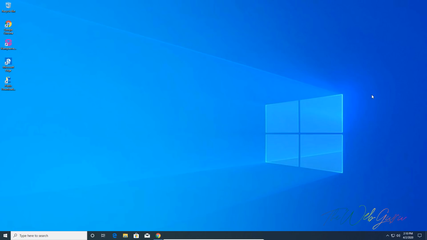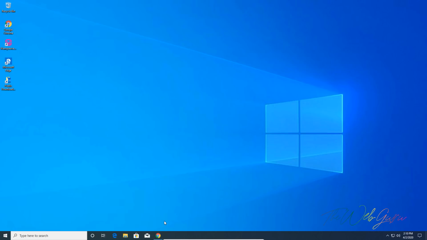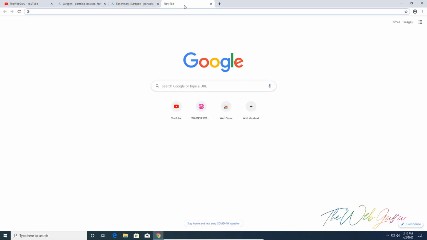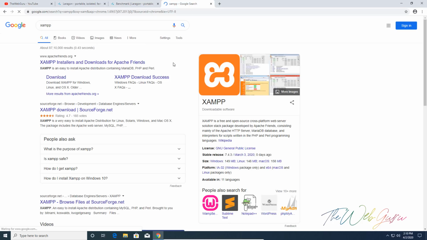In my last tutorial I shared how to install WAMP server on a Windows machine, and you might have seen the WAMP server error we resolved in another video. Today, yes, there are other WAMP softwares like WAMP server which can help you convert your Windows machine into a localhost server. One of them is XAMPP, which you can try, and there are a lot of tutorials available on YouTube on how to install and use it, but I'm not going through that because